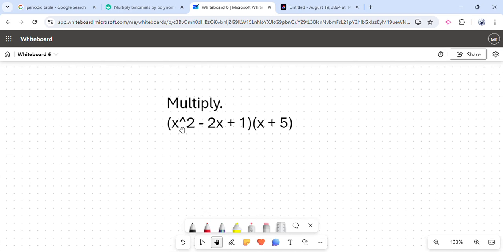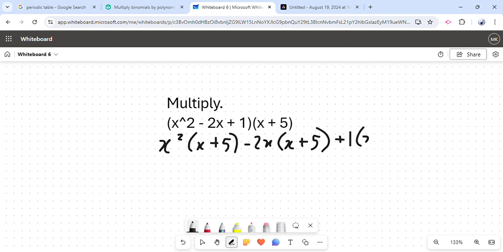For this problem, we have to multiply x squared minus 2x plus 1 by x plus 5. And here you can multiply each part of the first factor by x plus 5. And that would give you x squared times x plus 5 minus 2x times x plus 5